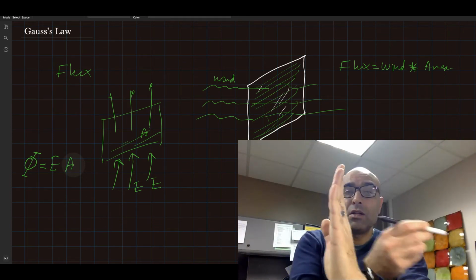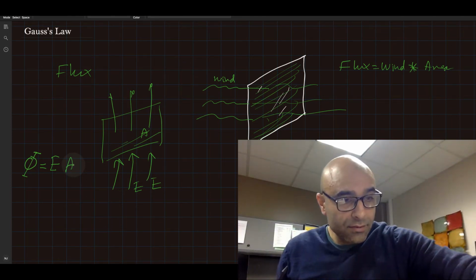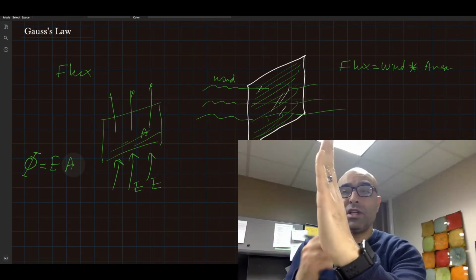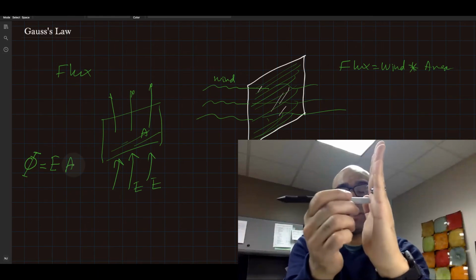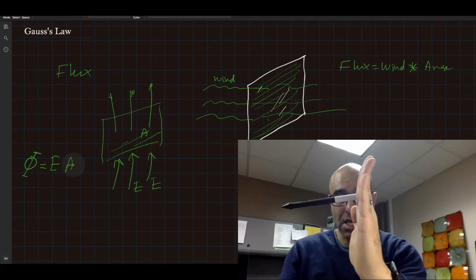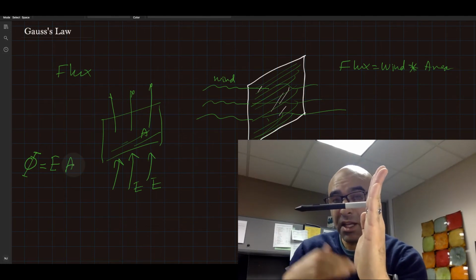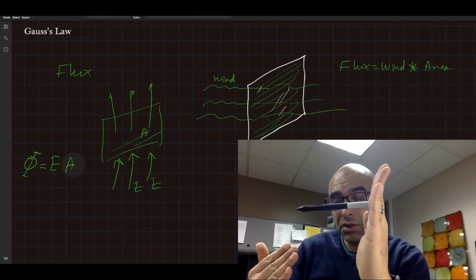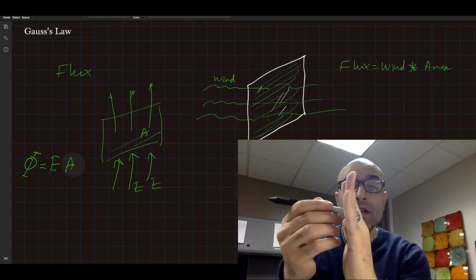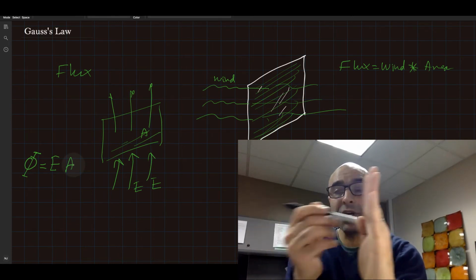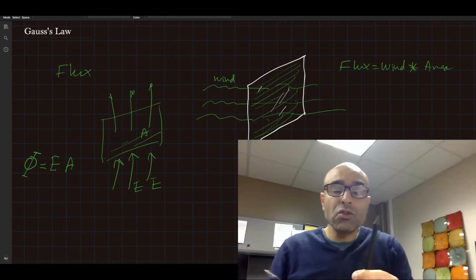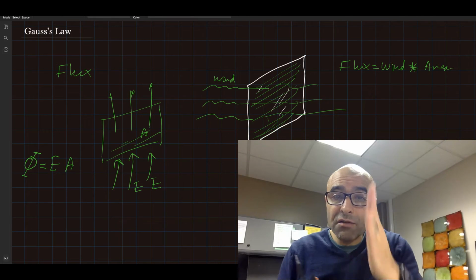Now, let's say I have this as a surface area, and there are electric field lines coming this way, like this. I need to define something to appreciate the surface area direction compared to the direction of what? The electric field lines. So to appreciate the direction of the surface area,